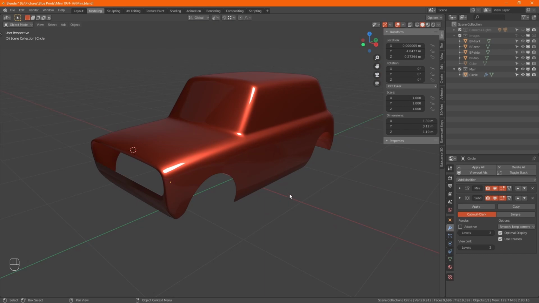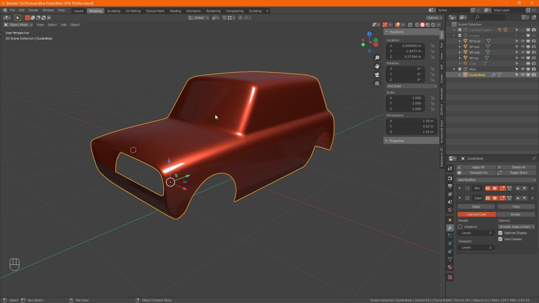Yeah, right, so we shall name that guide body, and then we'll move it to a new collection called guides. Okay, that we don't want to see in renders.